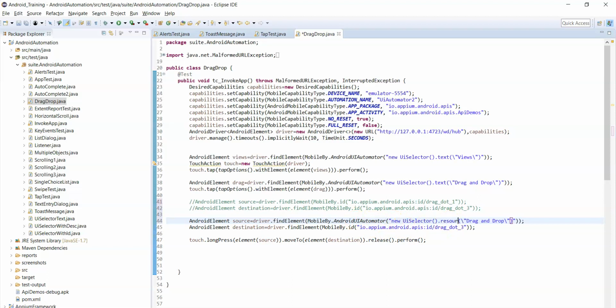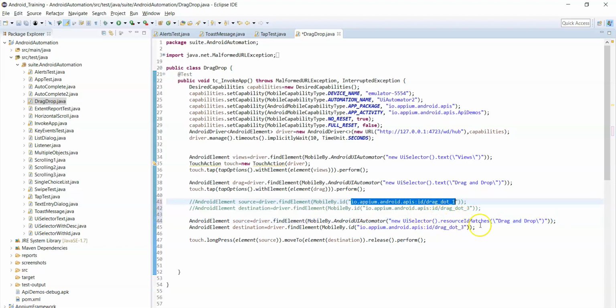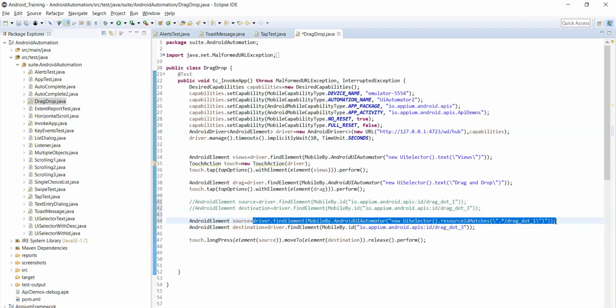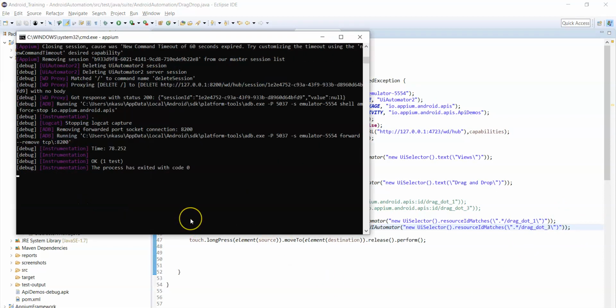Here you can use resource ID or resource ID matches, you can use anything. Resource ID matches, because our resource ID is a little bit long, so you can use resource ID matches and use dot star. Similarly you can use UI selector with resource ID matches for the destination element as well. Here the resource ID value is 3, right? drag_dot_3. Now run the same script again.